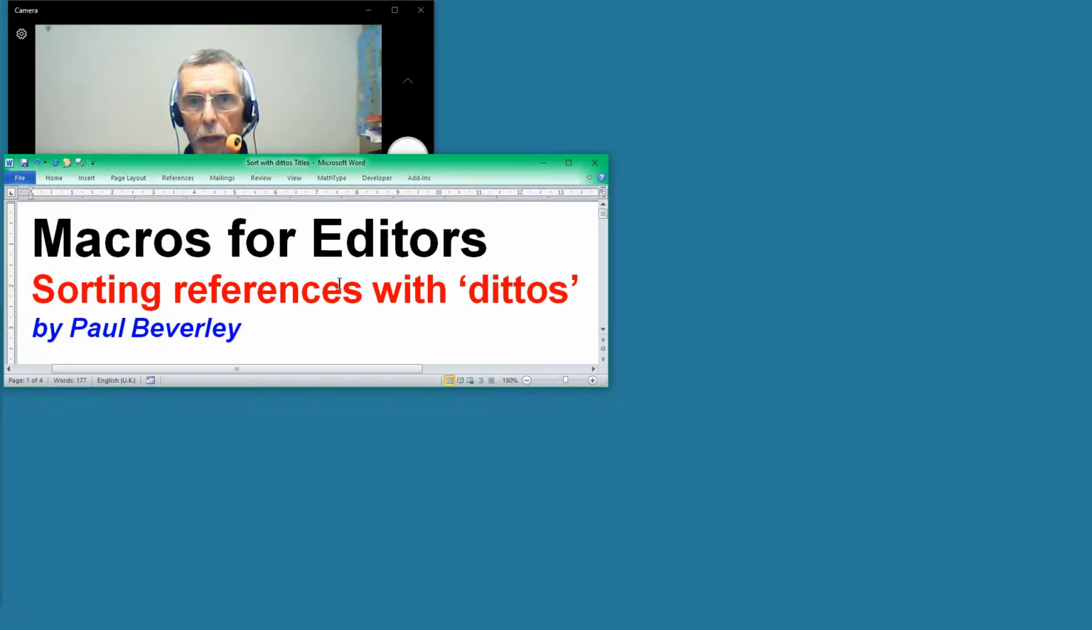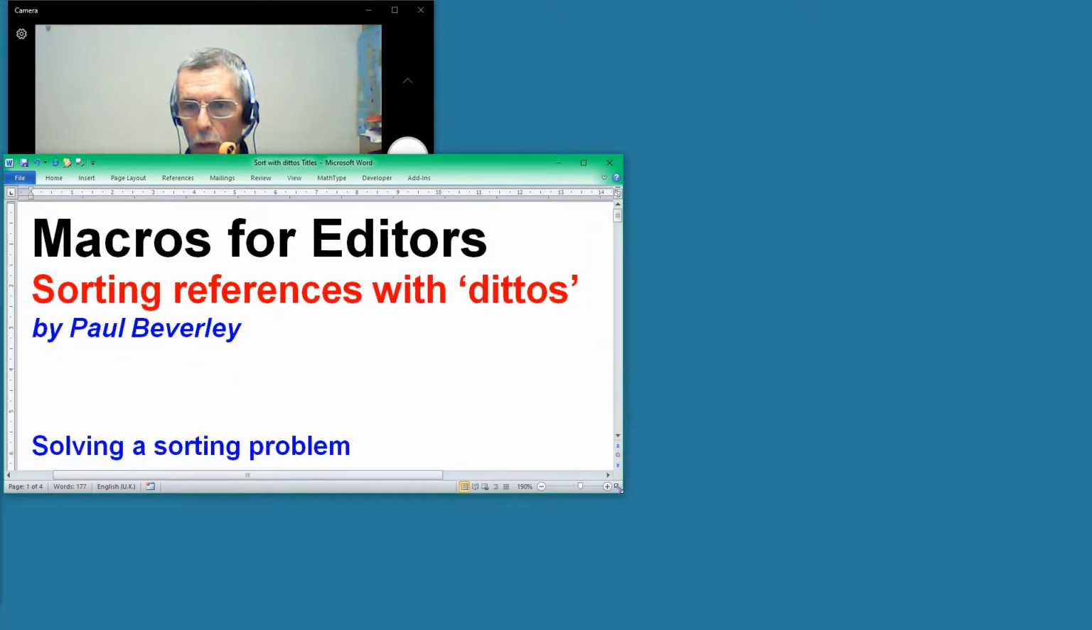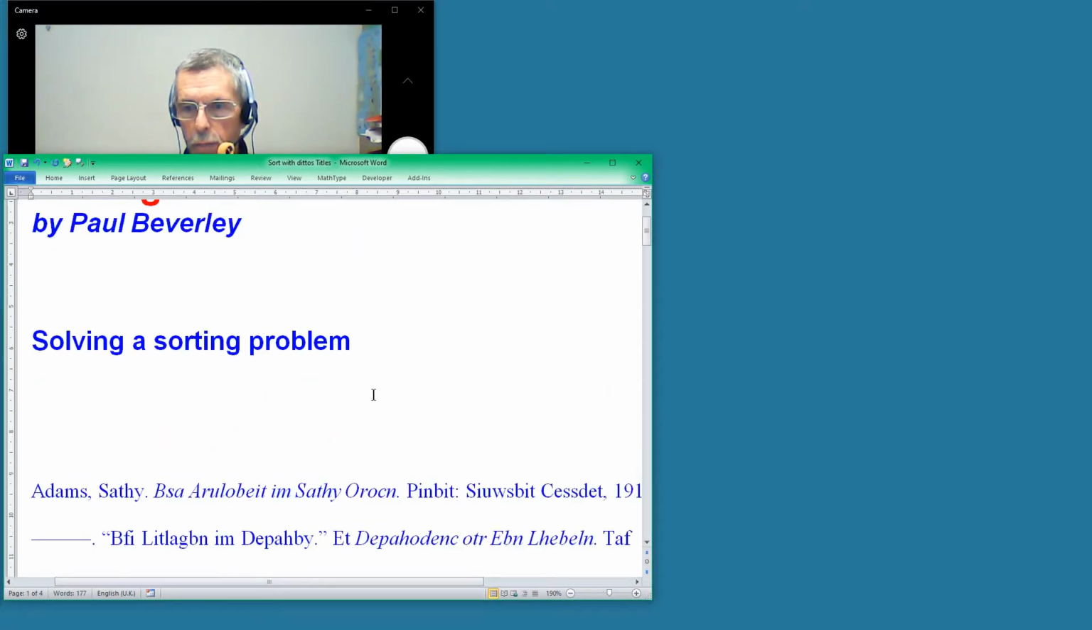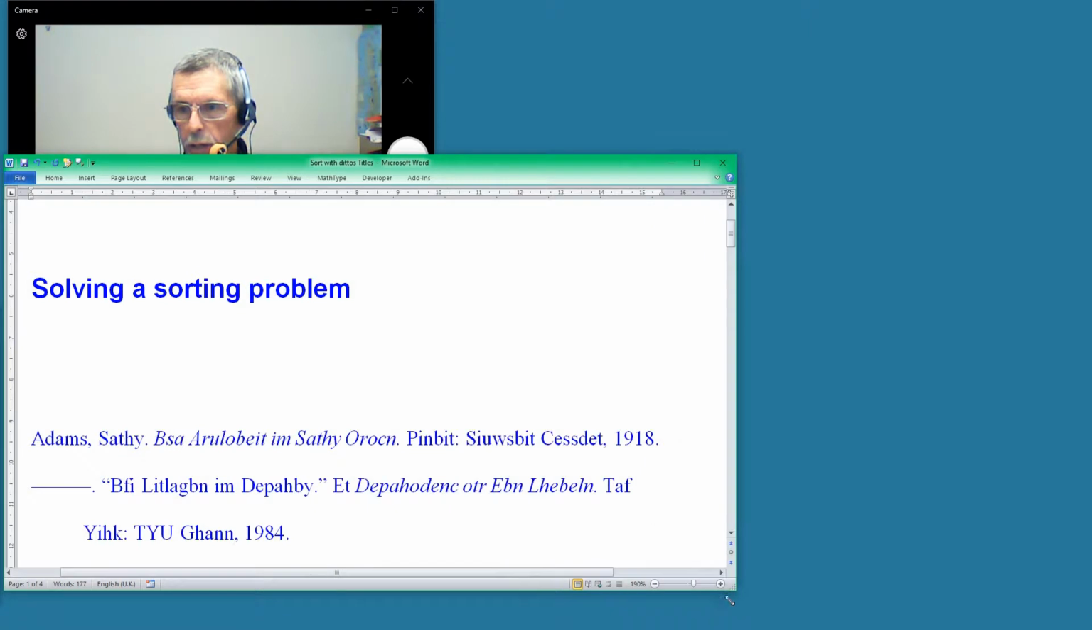Today we're going to be looking at a sorting problem that someone gave me, but it's a sorting problem with a difference, and I'm going to look at the way I dealt with it, and hopefully we can learn things as we go along. So we're trying to solve a sorting problem, and here is the problem: